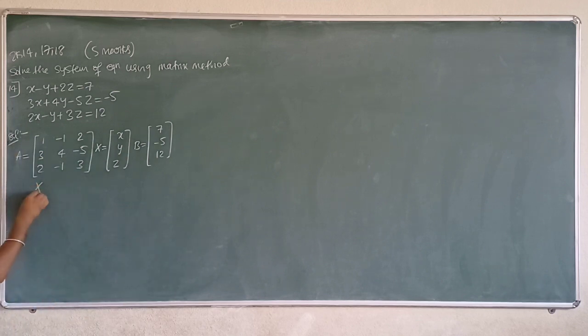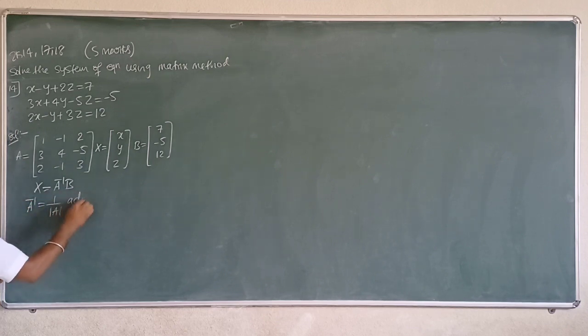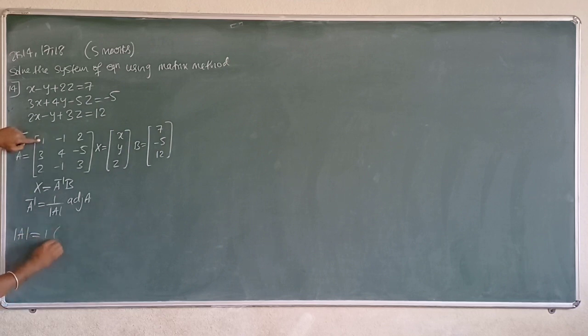Right. Take up first find out. We know that X is equal to A inverse into B, the matrix method. We have to find A inverse, which is equal to 1 divided by determinant of A into the adjoint of A. First we have to find the determinant of A. Determinant of A is equal to A11, which is positive, plus 1. First row, first column: 4 3s are 12, minus into minus plus, plus into minus minus, 1 5s are 5.